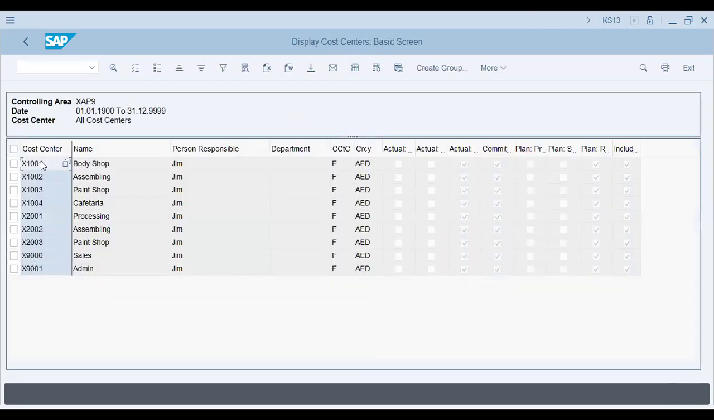Okay, I have 101, 2, 3, 4. Okay, 201, 203, 2, 3, 9,000, 9,001. Okay, fair enough. And 104 is cafeteria. Fair enough. So let's go for the next step, and that is